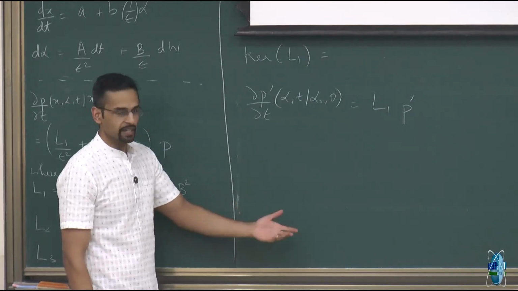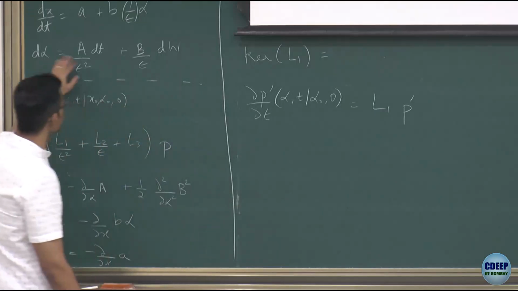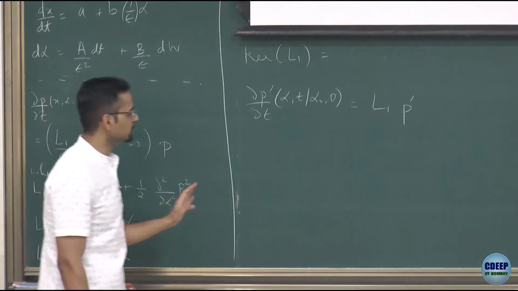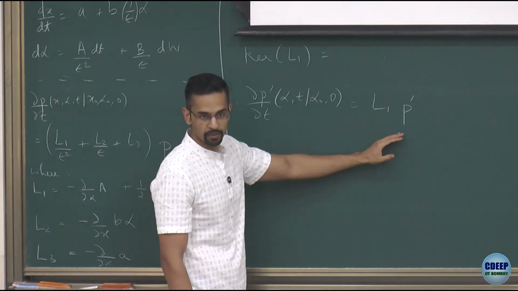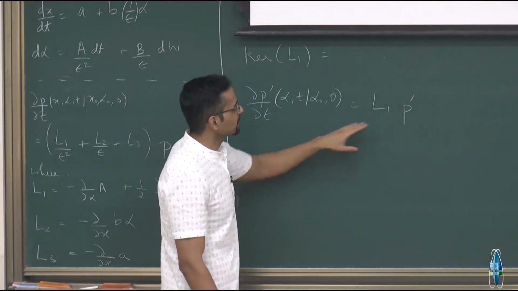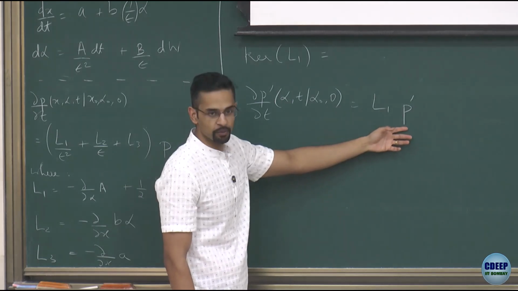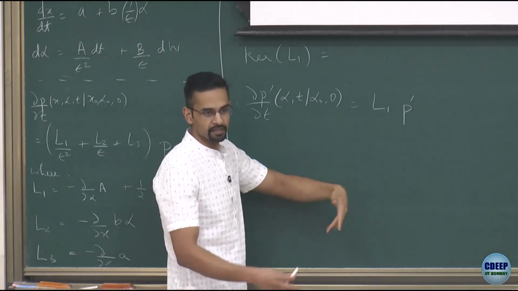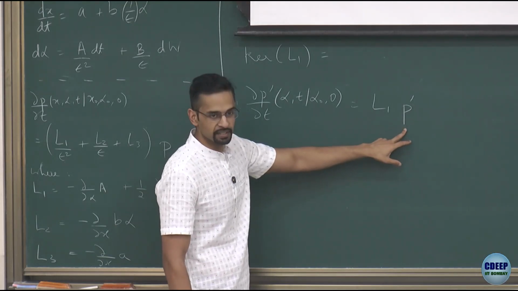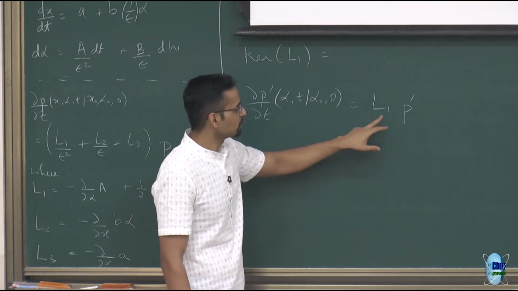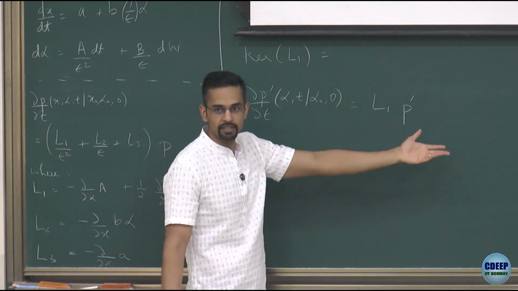So what I will use again and again is the fact that I don't want to specify precisely what L1 is, because I want to get a result for some general capital A, capital B. So the only thing I'm going to use is that L1 is an operator of this genuine Fokker-Planck equation. Okay, so what that means is that if I choose some initial distribution for P prime, P prime of 0, whatever it may be, as long as it's a normalized PDF, or even otherwise, you take any initial condition for this P prime at 0, and if you solve this equation, what will you get at the end as t goes to infinity? You will get the stationary distribution.